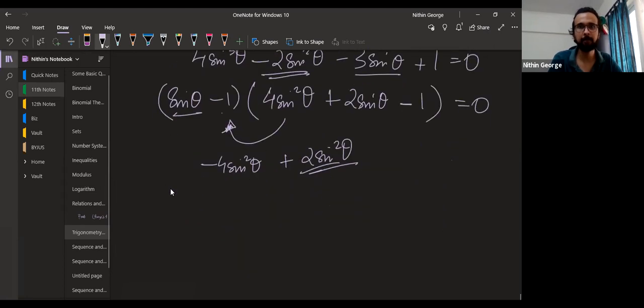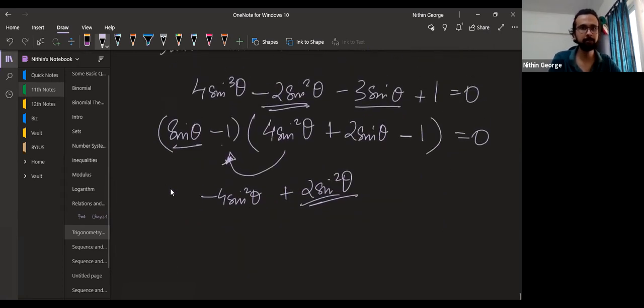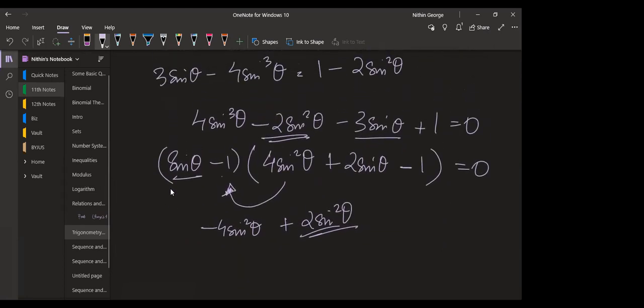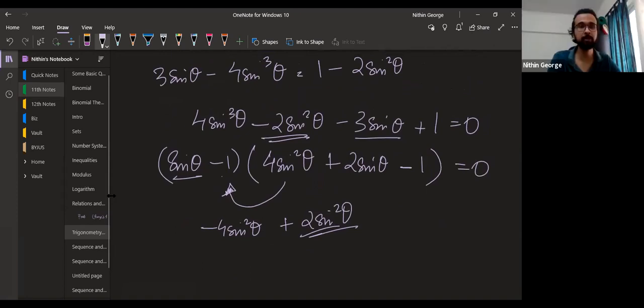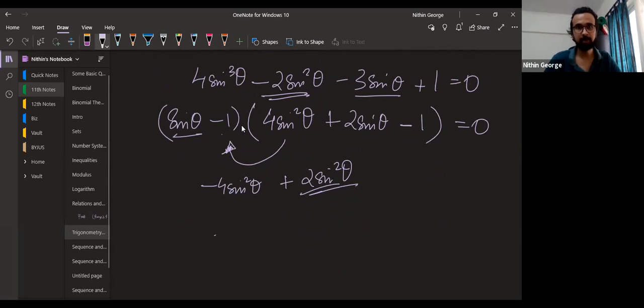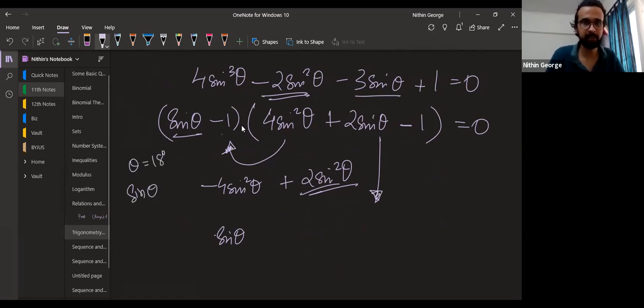All right. Guys, did you follow what I did here? Yes, sir. Did all of you follow what I did here? Yes, sir. Broke it into 2 parts, neatly. Now, here, this should fetch me my sin theta value because sin theta is equal to sin 18 in our context. Sin 18 is not equal to 1. We know that for a fact. So we leave that alone and focus only on this.